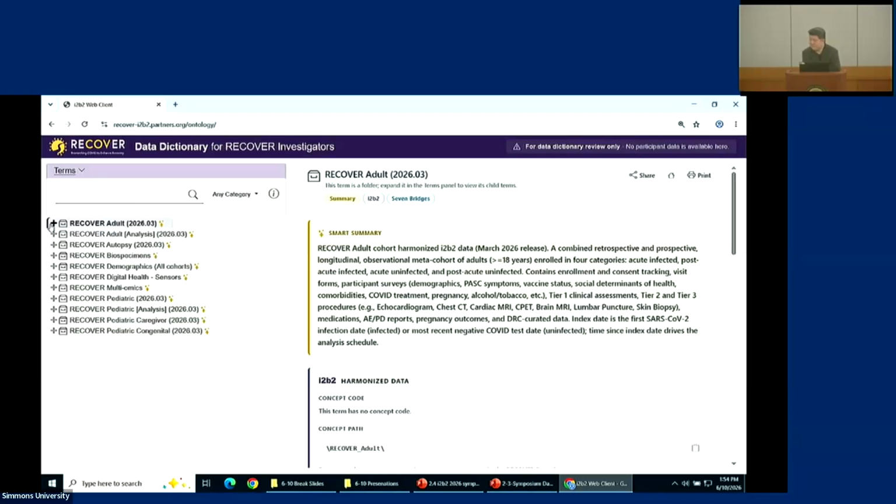We do get some EHR data on them, and some Fitbit data, and some imaging data, and some electrocardiograms and so forth, but it's not super comprehensive. Then we have a pediatric cohort, and then we have an autopsy cohort. And then we have the EHR group, which is actually winding down, which did constitute the use of PCORnet and